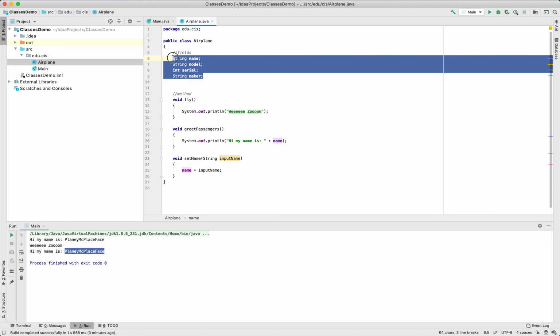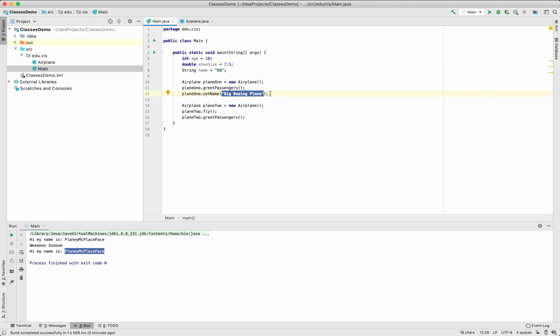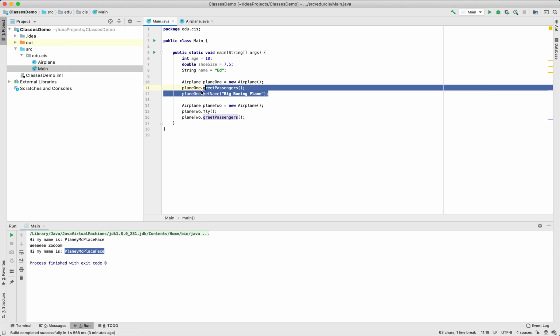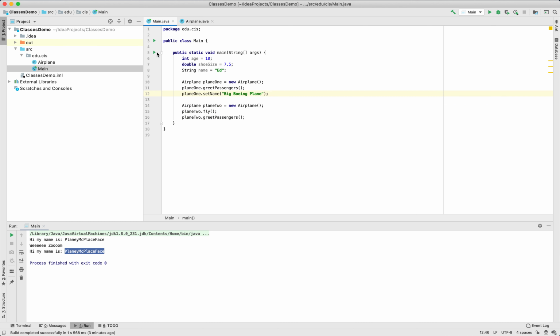Now remember that every plane has its own set of fields. So if I set the name for plane 1, but I don't set the name for plane 2, only plane 1 will be able to display something. So let's go ahead and try it out and see what happens here. It says my name is null, my name is null. Well, what happened? Well, we greeted the passengers before we set the name. So let's set the name first, and then we'll greet the passengers. Let's see if that fixes it. That's true. My name is